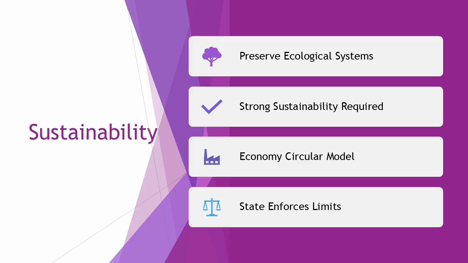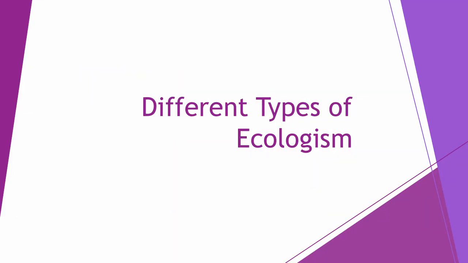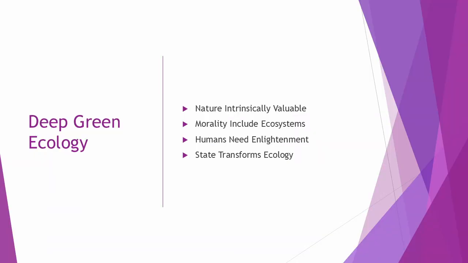Based on the idea of sustainability, ecologists view society as a participant in preserving ecological balance. Based on the idea of sustainability, ecologists view the state as the guardian of long-term ecological security. The different types of ecologism are deep green ecologism, shallow green ecologism, and social ecology. Deep green ecology is a radical ecocentric doctrine that emphasizes environmental consciousness, intrinsic value in nature, and strong sustainability as